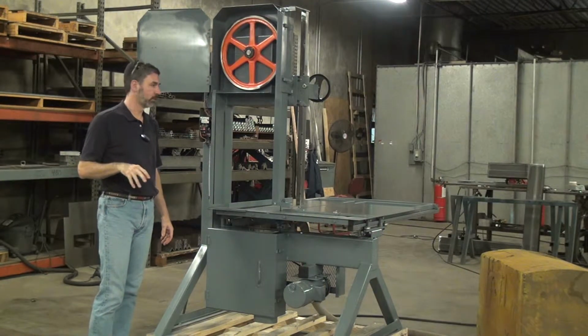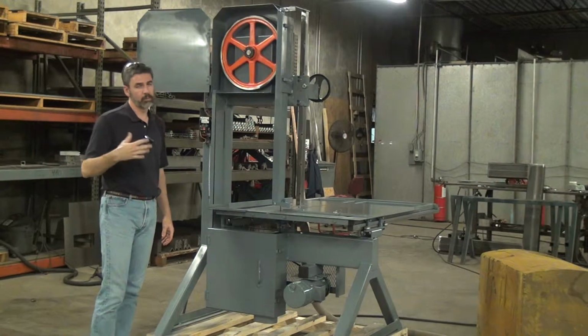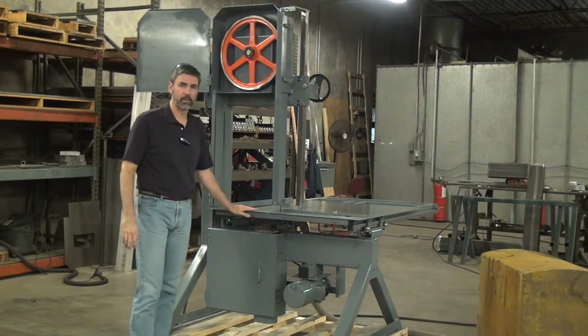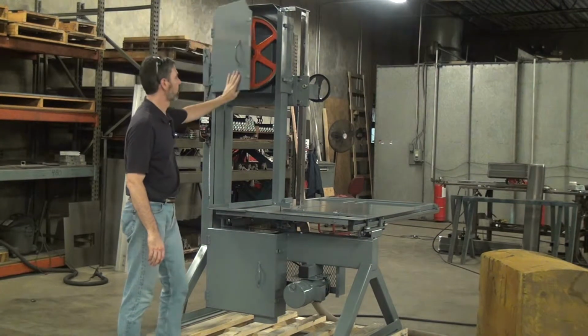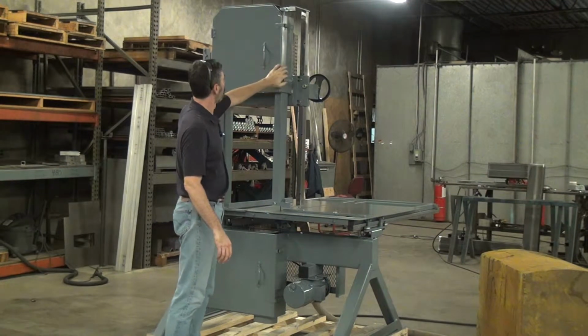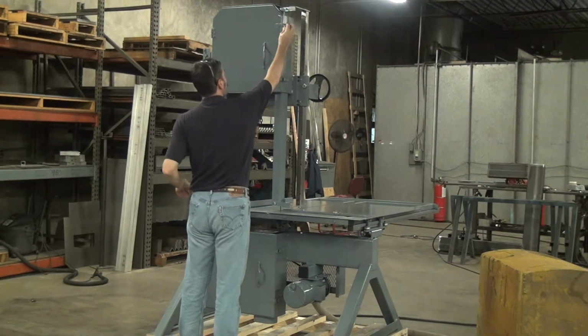I get a lot of use out of this, and I prefer this as my own saw for test cutting. The problem is every time I build one of these for myself, somebody comes along and buys it out from under me. We also have a version of this we call the Model 204 Heavy. The difference is